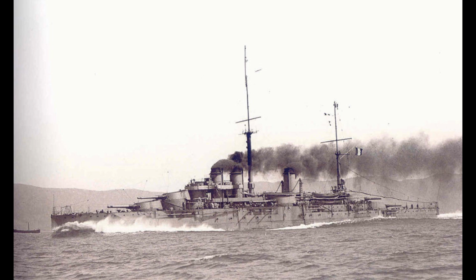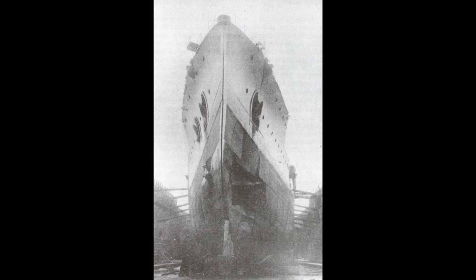up. In the course of these duties they managed to catch an Austro-Hungarian cruiser trying to blockade Montenegro and sink it, before providing fire support against the enemy army. Jeanne Bart was torpedoed at the end of 1914 by the submarine U-12. In true French fashion, the torpedo hit the wine storage, but made it to Malta for repairs, although this meant